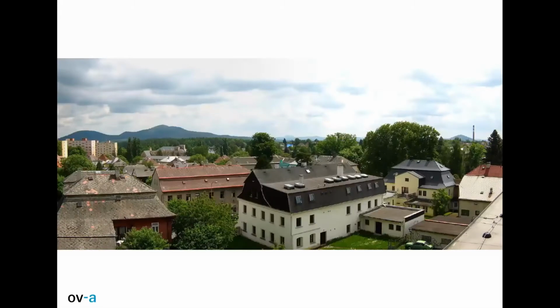So Lasvit chose some architecture companies for a competition to find a great solution for this old building. Maxim told you about Nový Bor, a really small city in north Bohemia, and the landscape around this city is really beautiful, full of volcanoes, and we were glad that we can